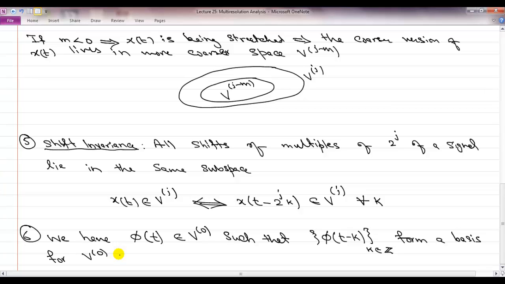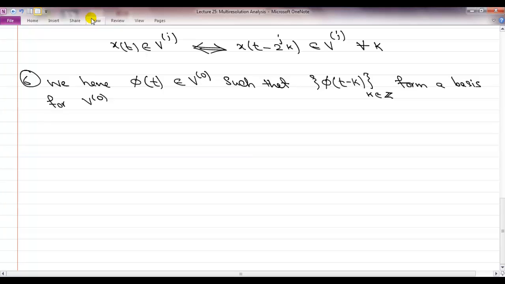And it will turn out that this phi of t actually ends up being just like the scaling function of any wavelet transform that we had seen before. Automatically, these properties will imply that. So we'll come back to what these properties mean, but let me just give you an example that all of you should find very easy to relate to, which is the Shannon multi-resolution analysis or Shannon approximation,